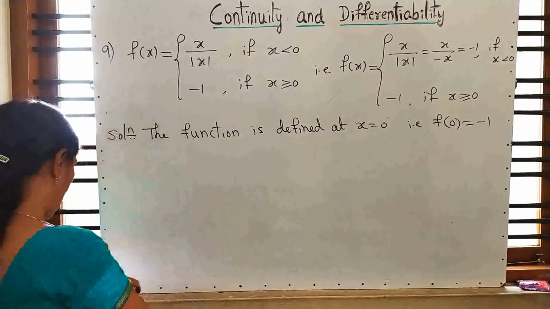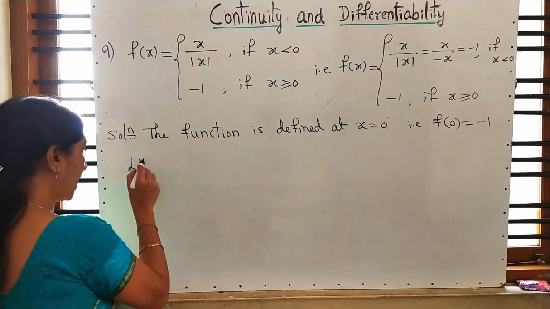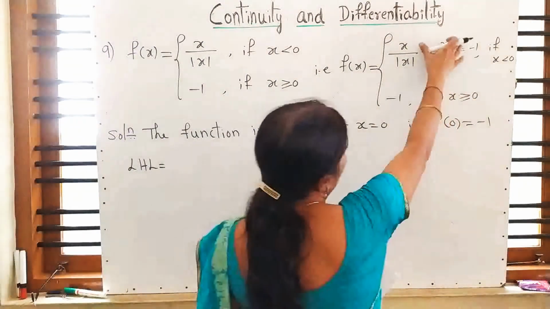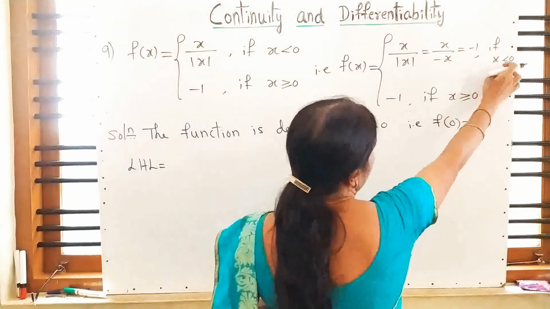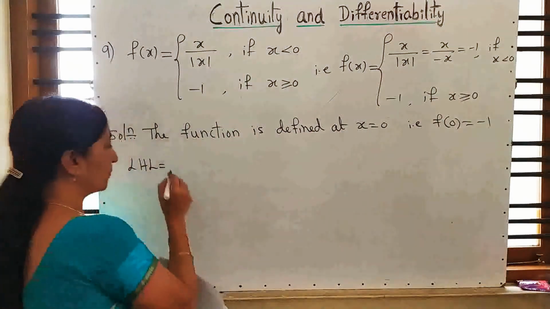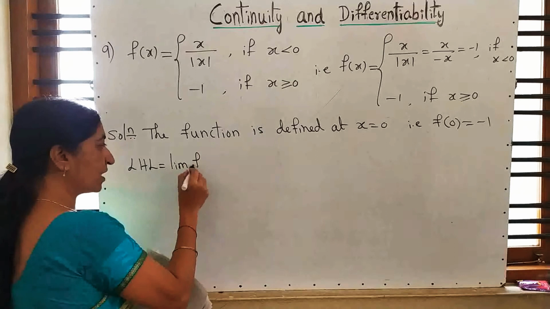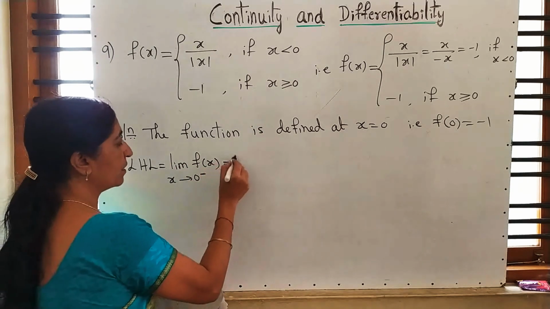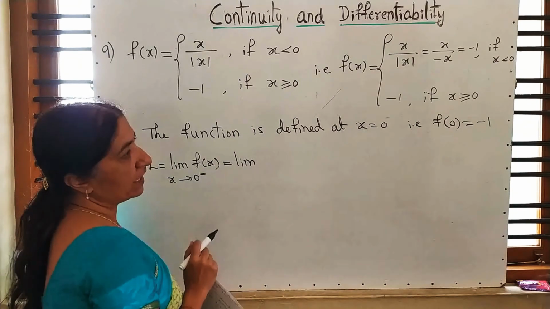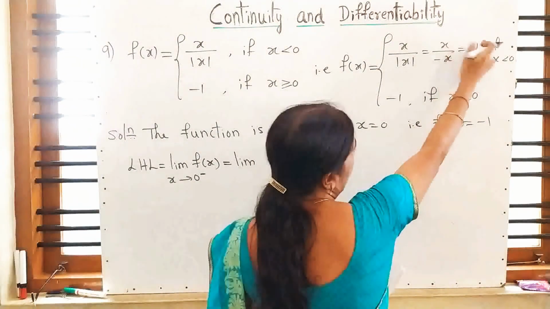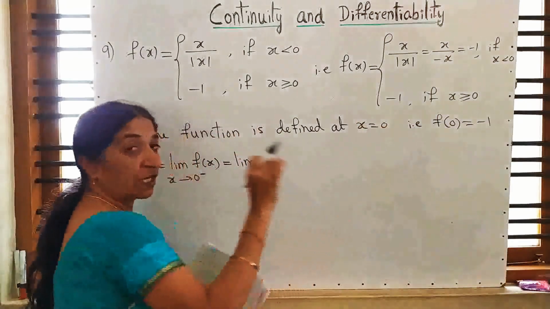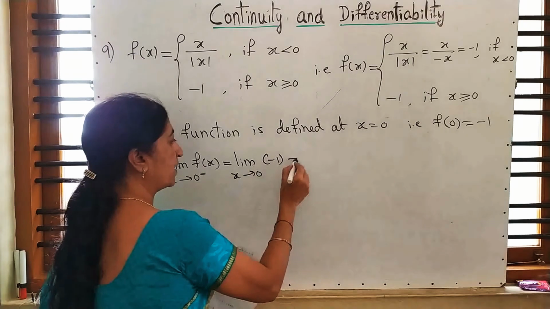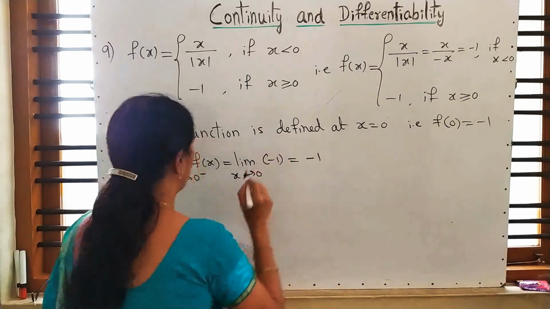See here. Then after that we have to move to the left hand limit. See, left hand limit means what? Where in which expression it is less than 0, we have to select that. And the presentation is like this. Limit f of x as x tends to 0 minus is equal to limit. Which expression you are selecting? Yes, we are selecting the first one, and already I wrote the calculations. There is no x, so your answer is minus 1.